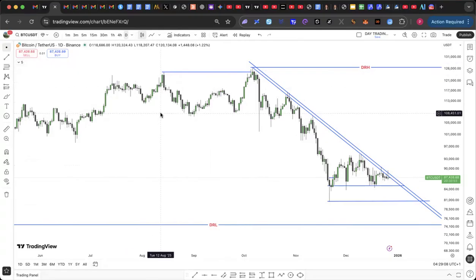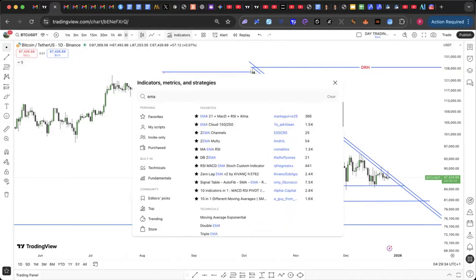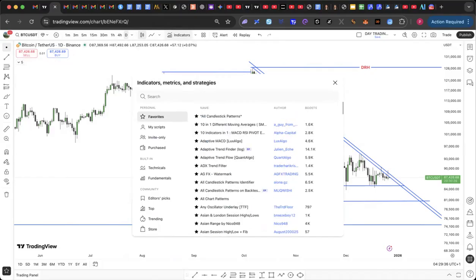So trend line for trend identification and a momentum indicator, which can use RSI or MACD. But as a beginner, I prefer you make use of MACD and exponential moving average. So you go to your indicator and search for EMA. In this case, because you're going to use two, you're going to type 10 in one,